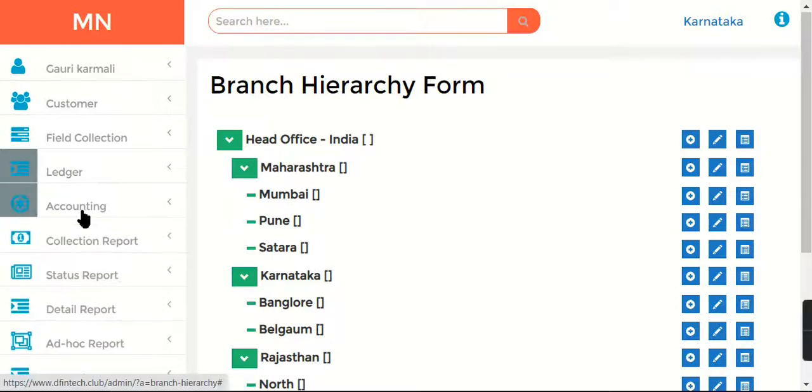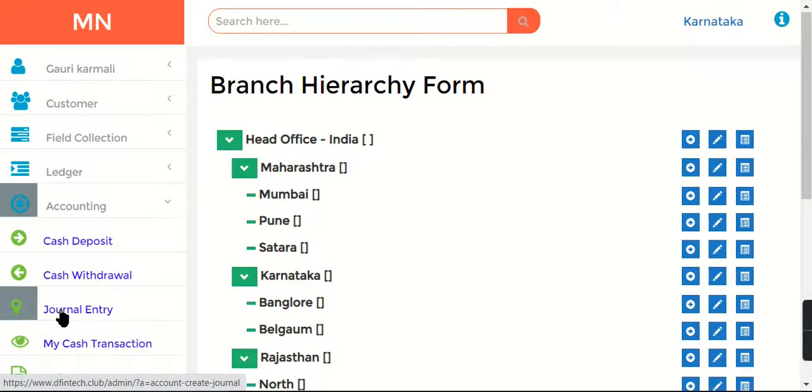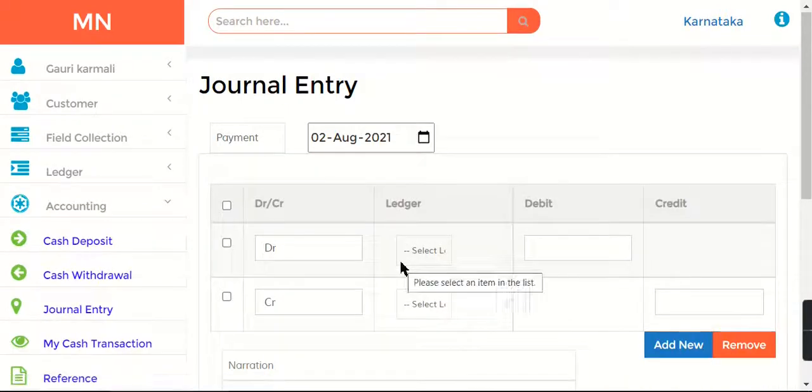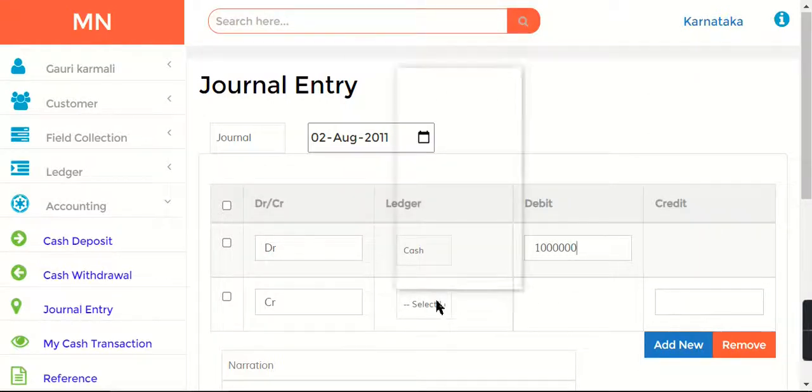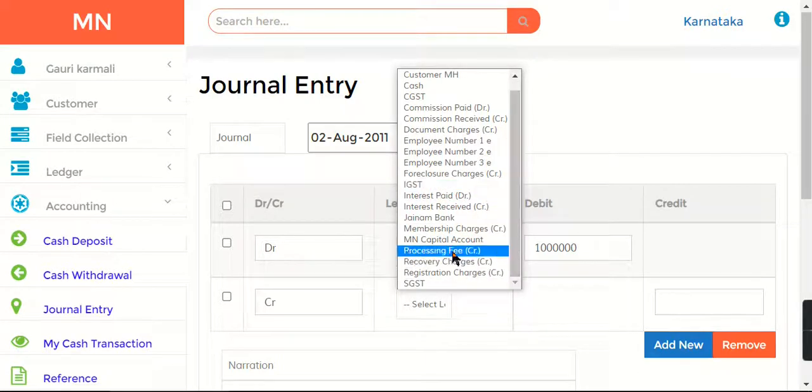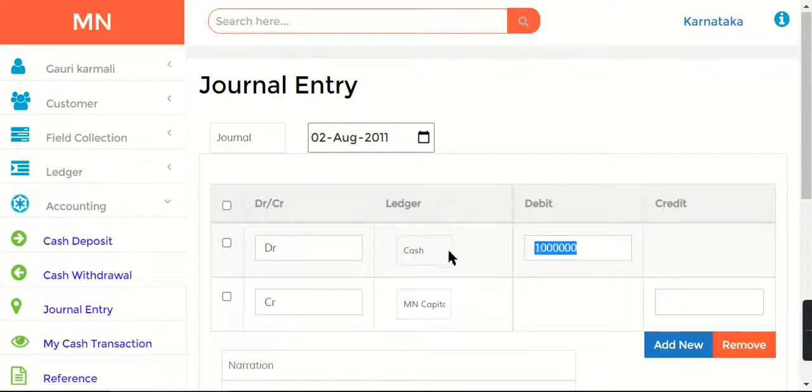Now one final thing, accounting. In accounting journal entry, in this part I'm just going to add the capital here. Say my company started on 2nd August 2011. I'll just do debit cash of 10 lakh and credit capital account. That means you are adding cash to your capital so that you can disburse the money.